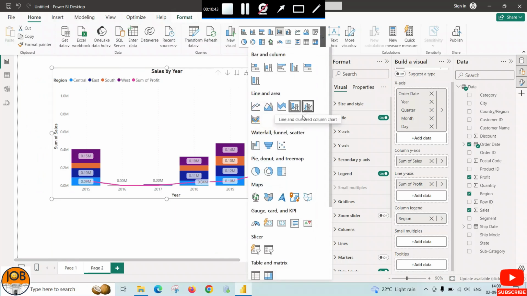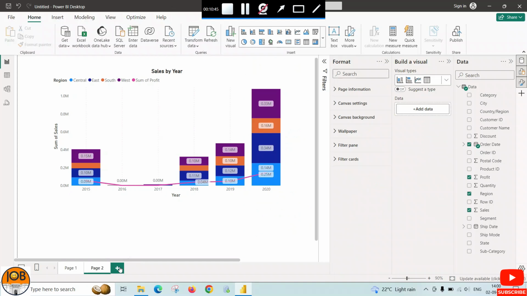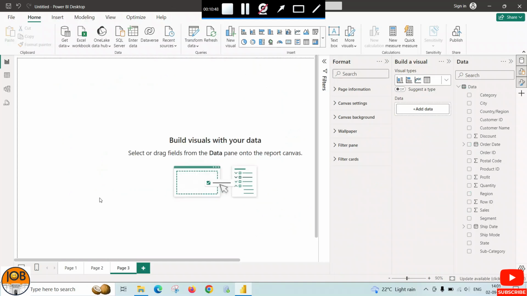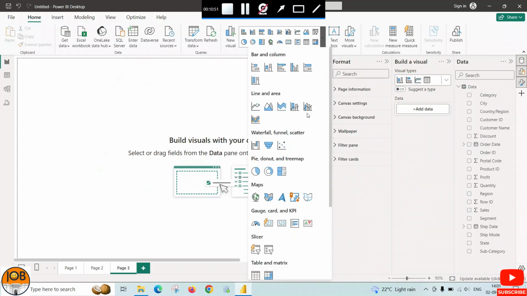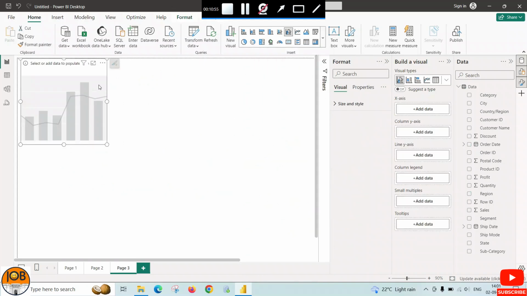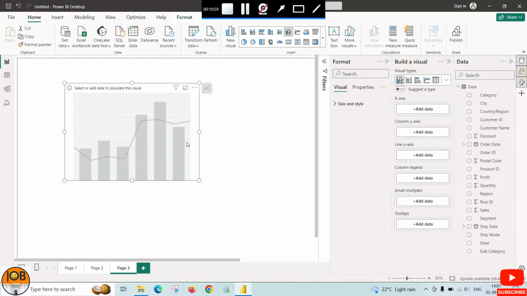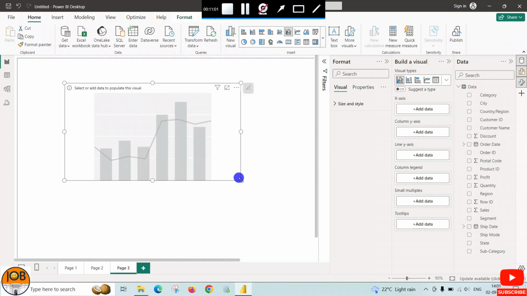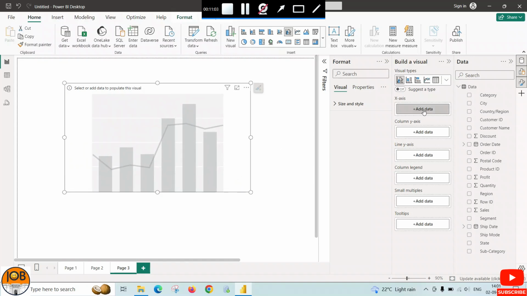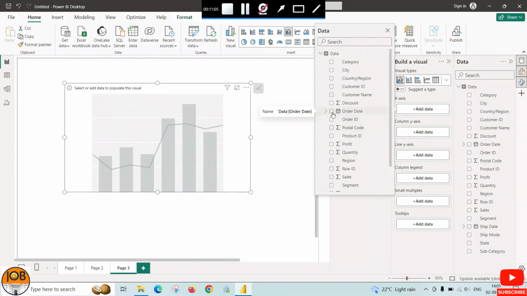Next one is a line and clustered column chart. For that, I have added one more page here. Select the new visual, line and clustered column chart. Both charts are same. There are few differences between both the charts. Now we'll see one by one. For x-axis, you have to by default select order date,